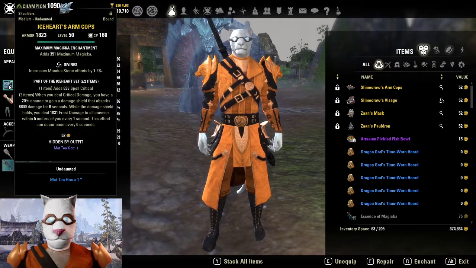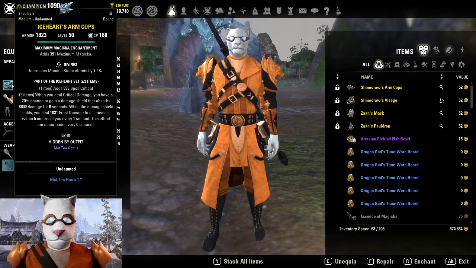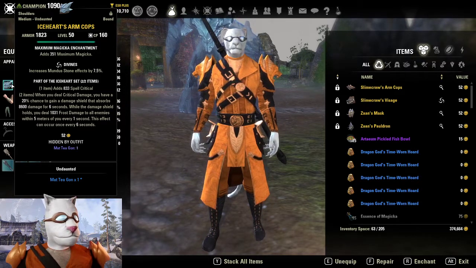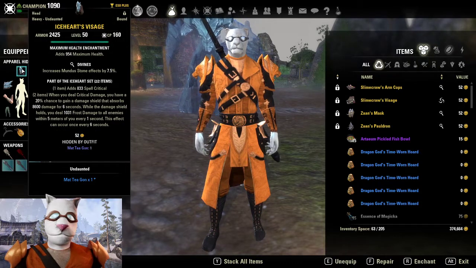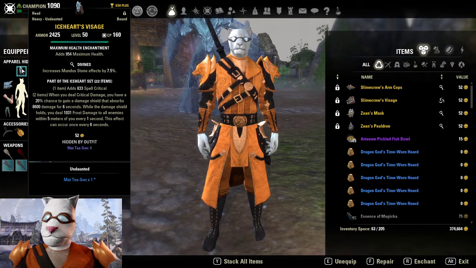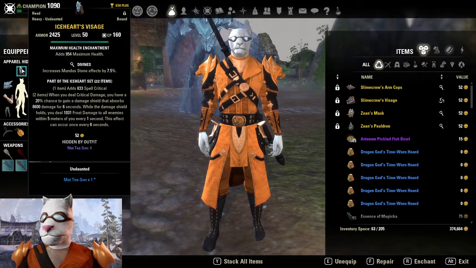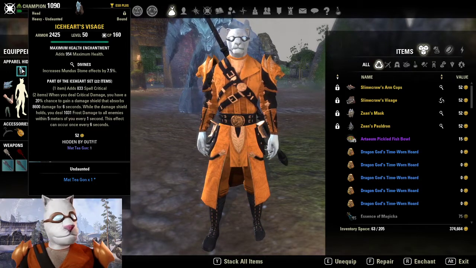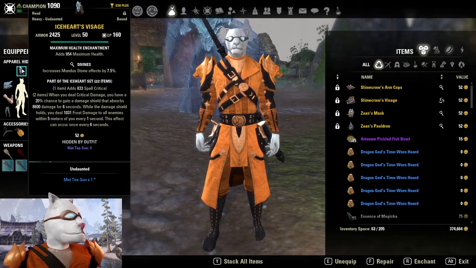It doesn't matter which. I still trait them in divines, and the shoulder I did in magicka. And because Ice Heart is for a little more tankiness, I put a maximum health on this one. It's the only one I don't do magicka. At this point, I got plenty of magicka. My health is more important. Give me a little bit extra health so that I'm able to survive a little bit more, because that's what